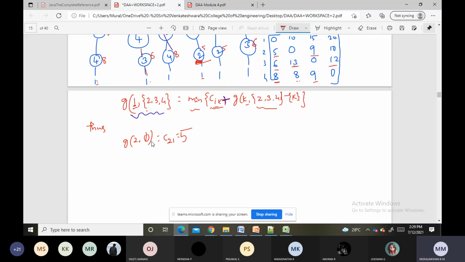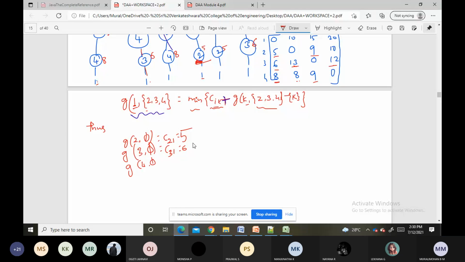Similarly, suppose we are at vertex 3, we should return back to vertex 1. What is the cost of 3 to 1? You can just see this graph. So 3 to 1 it is 6. Suppose we are at vertex 3, then returning to 1 costs 6, right? Suppose we are at vertex 4, then no need to go to any other vertex, directly come back to the first vertex.